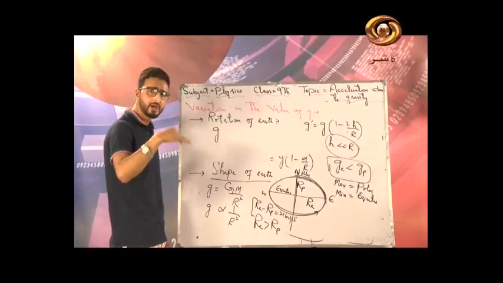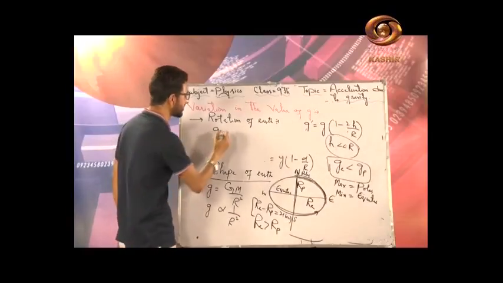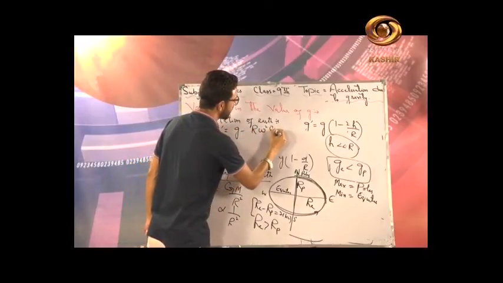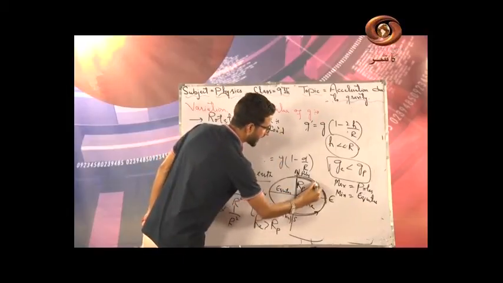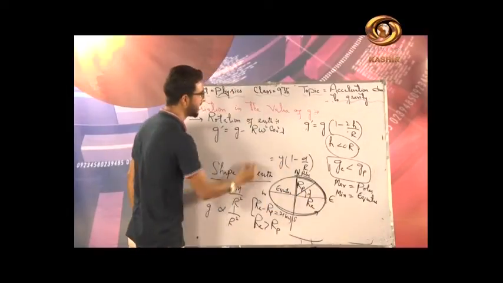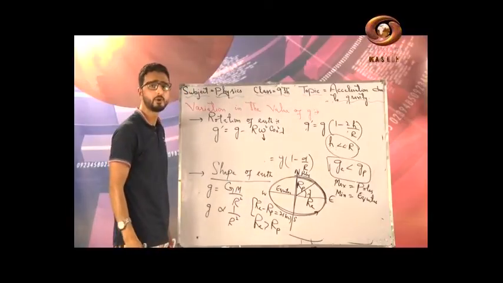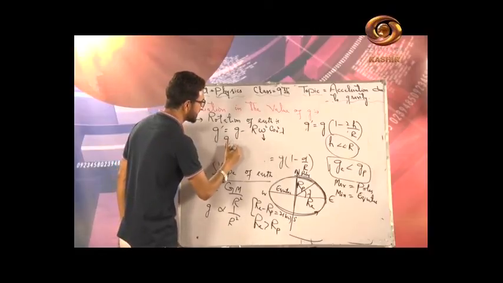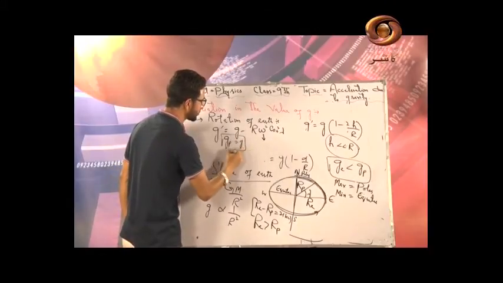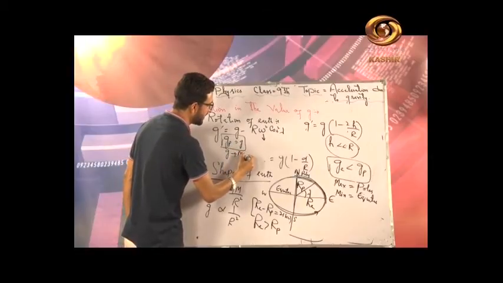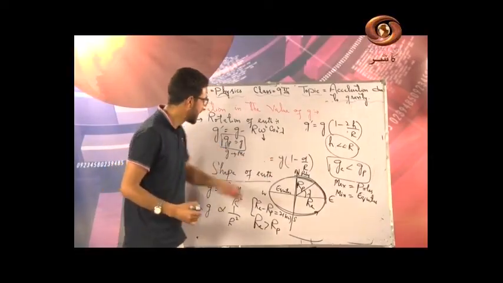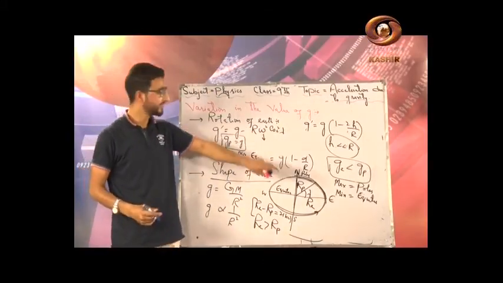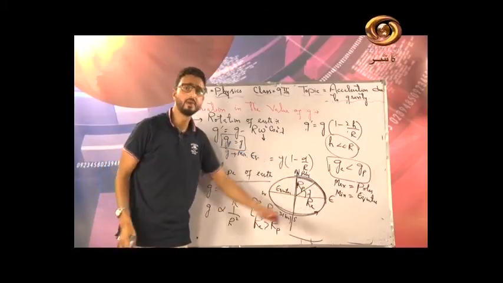You will have to study this very relation in 11th class. I will just write the relation: g prime is equal to g minus r omega square cos square lambda. This lambda is called the latitude at a place and omega is the angular speed of rotation of the earth. From this relation I get the result that g is maximum at the poles and g is minimum at the equator.